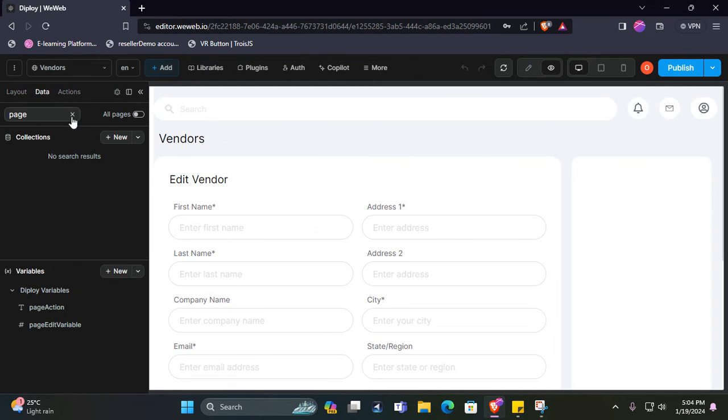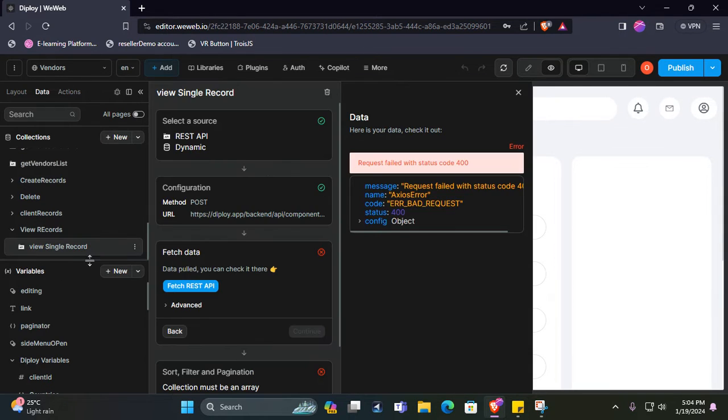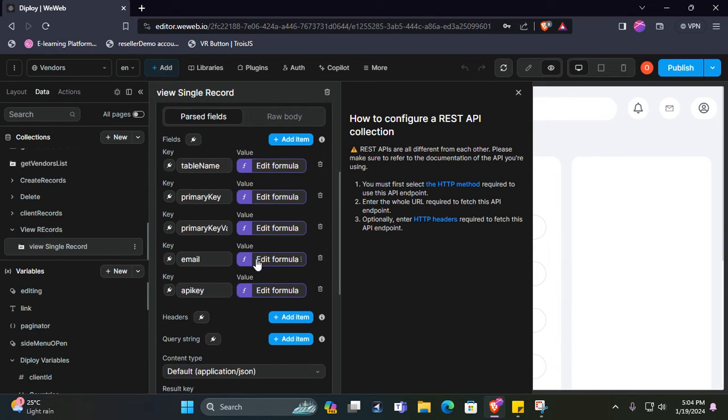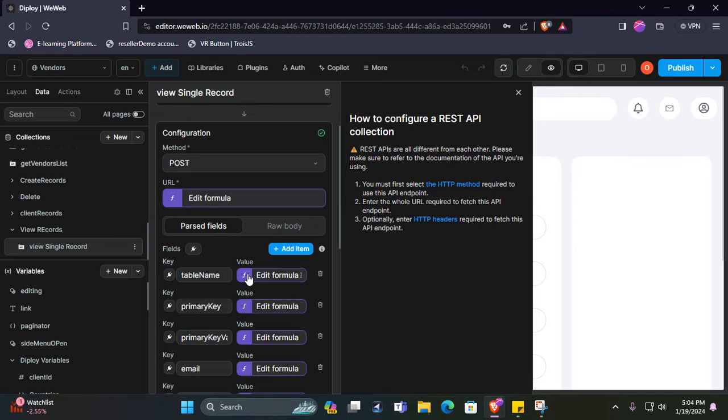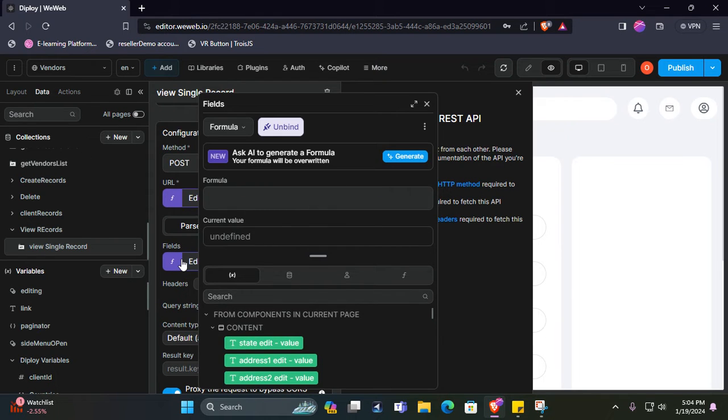So for that, click on your data here, and I have an endpoint called view records, which is a single record endpoint, which should accept some parameters: the table name, primary key value, email, and the API key. One thing you notice here is I'm passing these values as parameters. So I have a variable called table name view. I also have another variable called